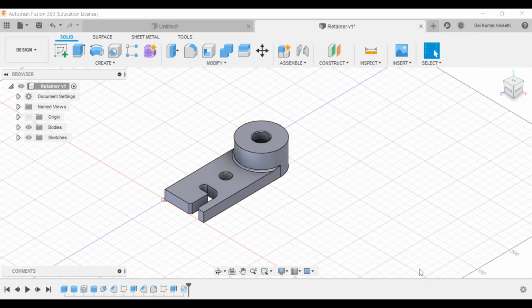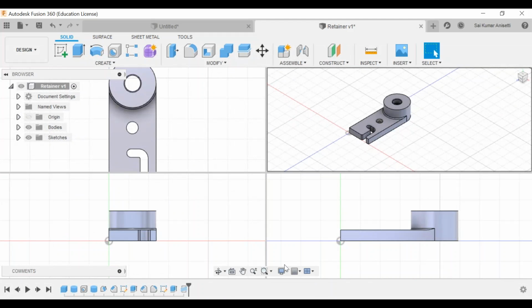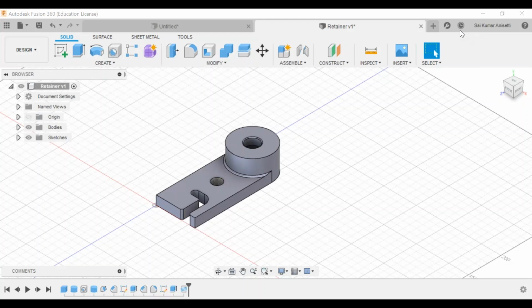Okay, and sir, how to adjust our default views? Default views are in the corner of your window. This is your multiple views window, right? Here you can have front view, top view, and this is called viewports, single view. If you want to control your default views, see over here, the view cube on the top right corner of your screen.